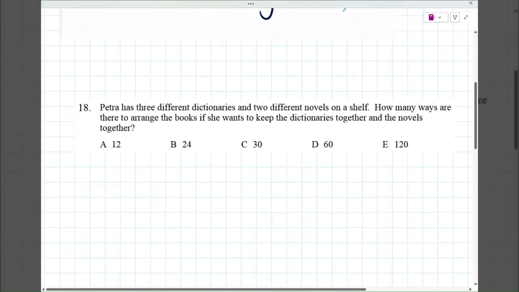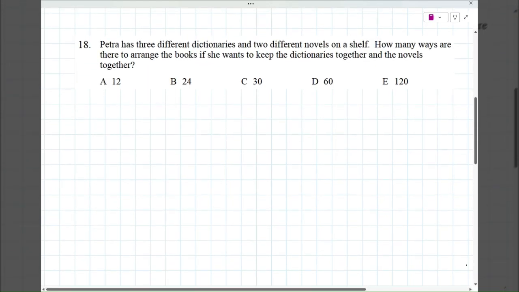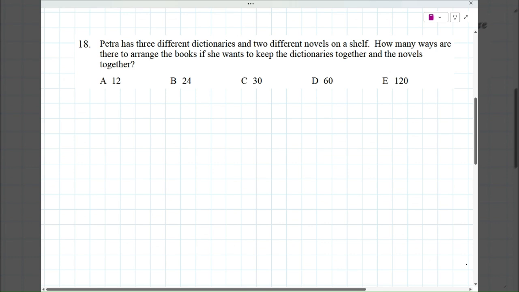So our first question, which is our A-Level Plus question based on combinatorics. Remember, combinatorics is a big part of the stats course for A-Level Maths. And one of the things you always want to ask is, are there any constraints? And there will be constraints, of course, for any TMUA question. And here the constraints are that the dictionaries need to be kept together and the novels need to be kept